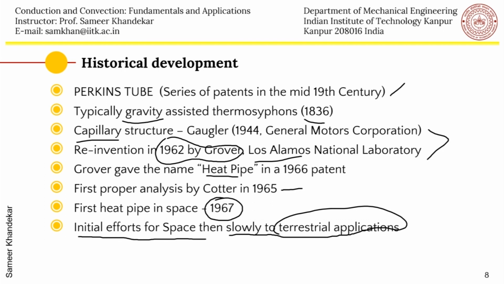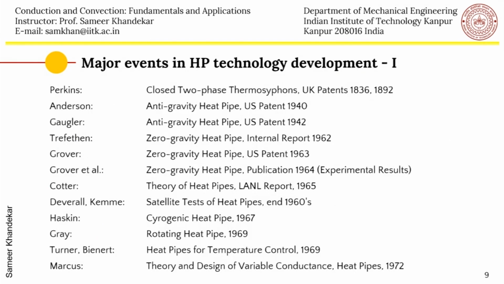I will not go through each one of them, but you can read it, how since the 19th century and up to modern day development, these papers are available in the classical literature. Different designs like cryogenic heat pipes, rotating heat pipes for temperature control, and various other types like variable conductance heat pipes were developed. So without going into the details of this,